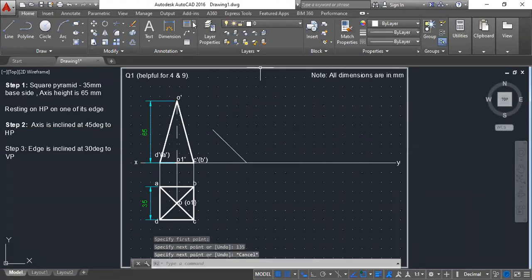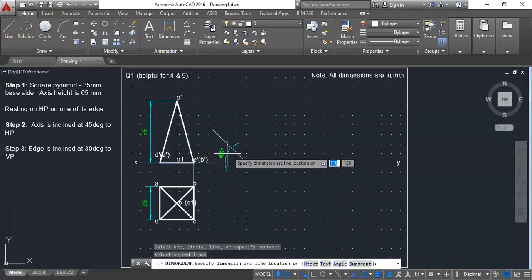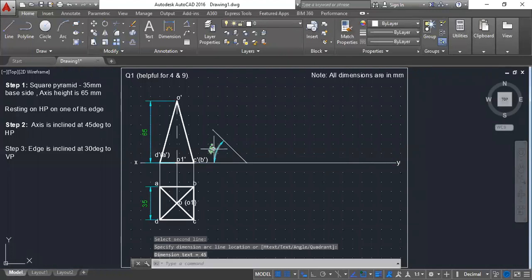I'll show you where the 45 is. When you use the protractor, make sure the angle is 45 degrees here. Okay, how did I get this 45 degrees? 90 degrees minus the axis inclination will give me this angle. Finally, I'll show you how, by taking this, we get the axis inclination.